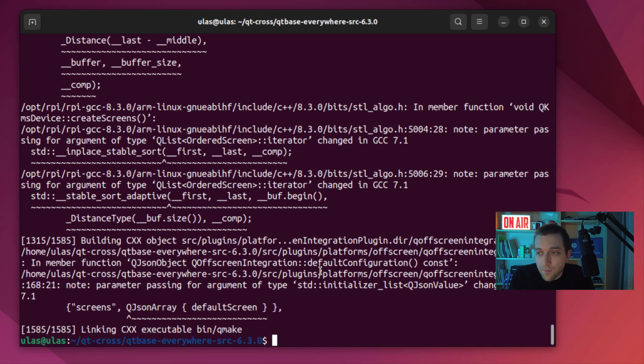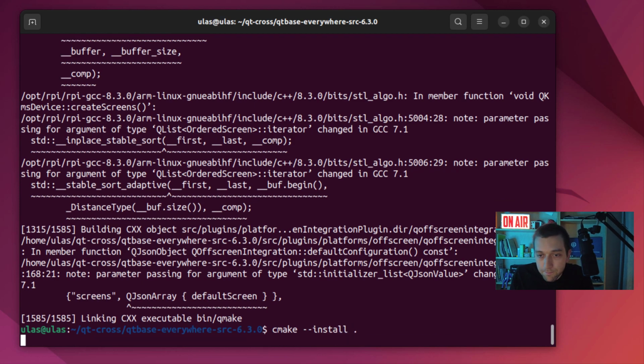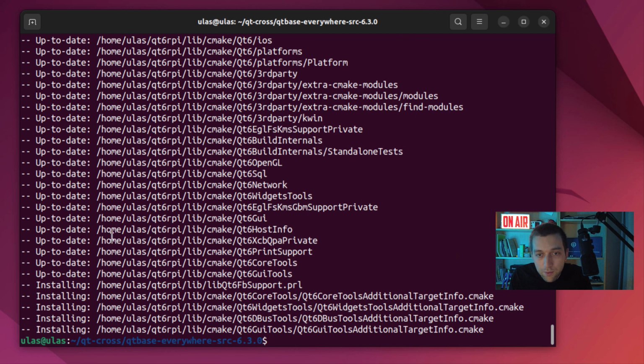Then, what will we do? The next step. Let's check the directory, right? But we forgot to install it. So we will install here like this, cmake install dot. This will install the binaries, packages, whatever, to the Qt6 directory that we created before, right? Actually, we gave the path, right, for the CMake. Just remember. Then I will just go to this directory to show you the same